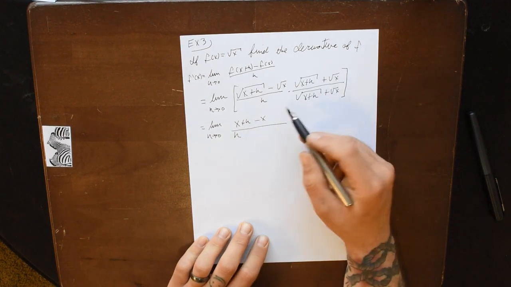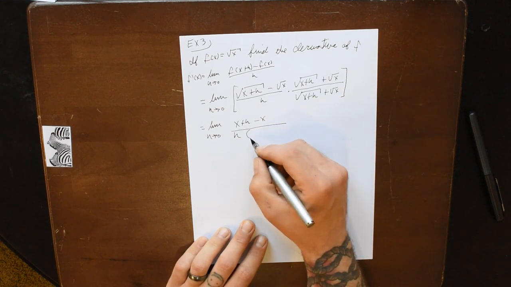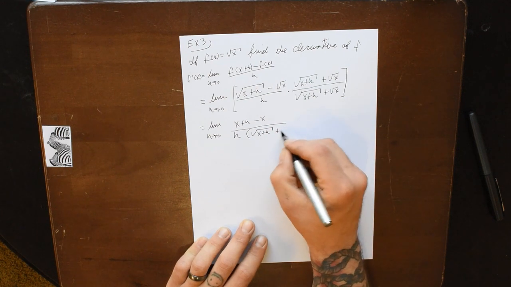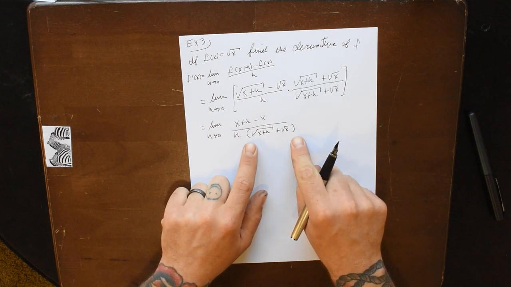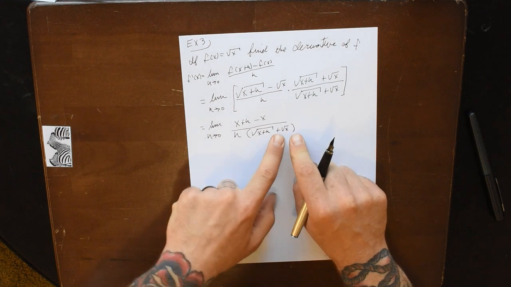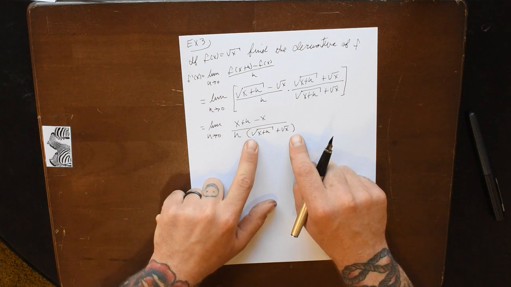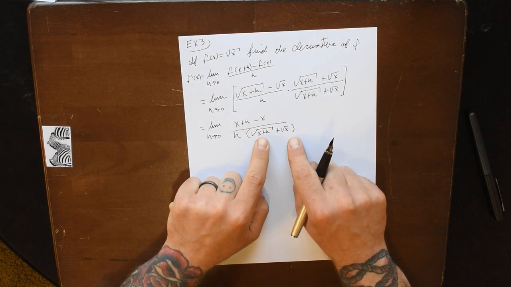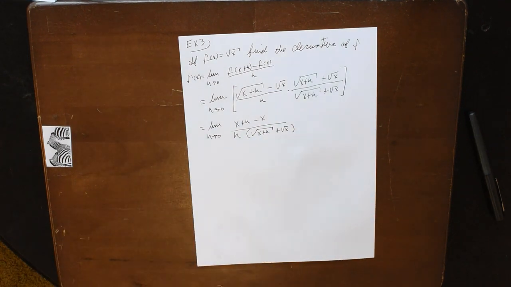And I've seen on a lot of your guys' homework, you guys are dropping the parentheses right here. Square root of x plus h plus the square root of x. You guys need these parentheses. Without these parentheses, what you have is h times the square root of x plus h plus the square root of x just kind of floating around on the end. What these parentheses do is tell the reader that this h is being multiplied by everything here in the denominator. You guys need these parentheses. Okay,